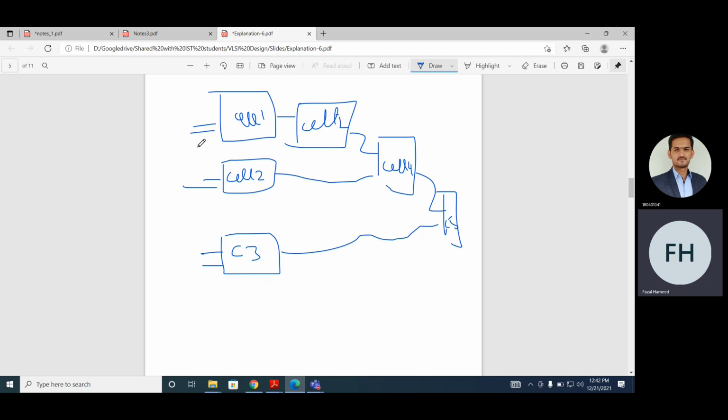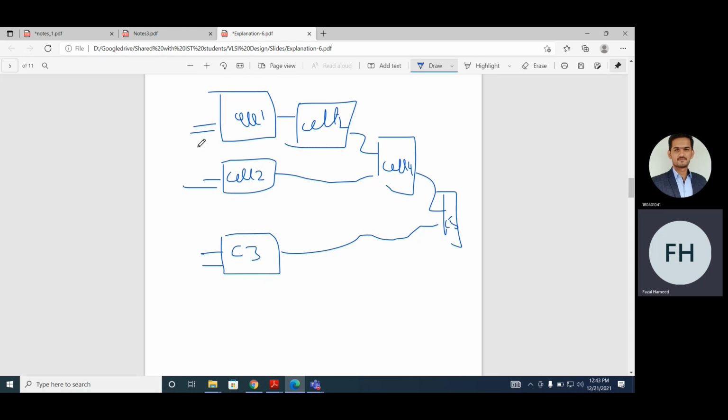Now, which path will have the highest delay? No, it may not be true. It's possible that if cell C3 has the highest delay, it may be the critical path. So first, what will be the critical path? The critical path depends on the delay of each individual cell.